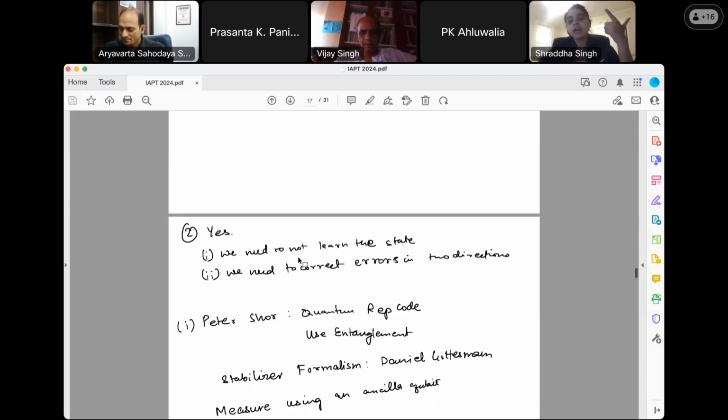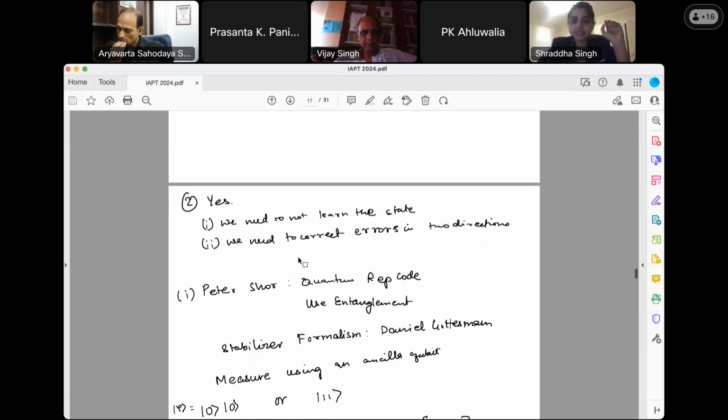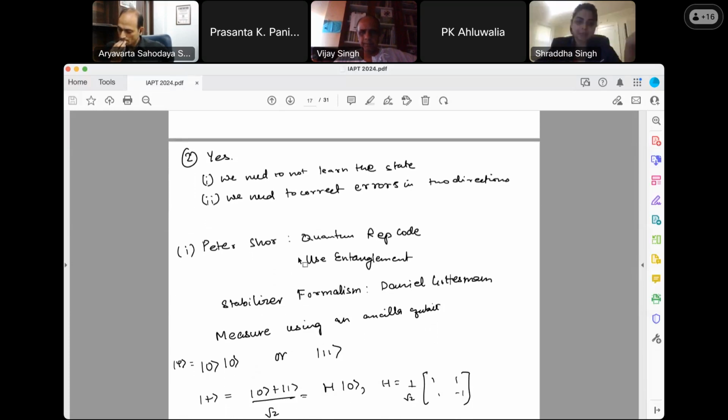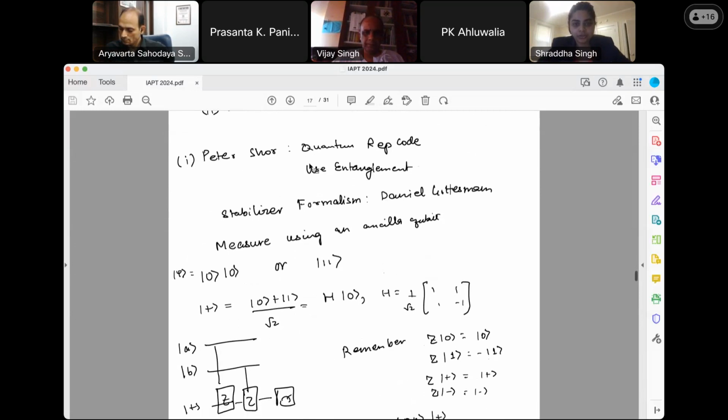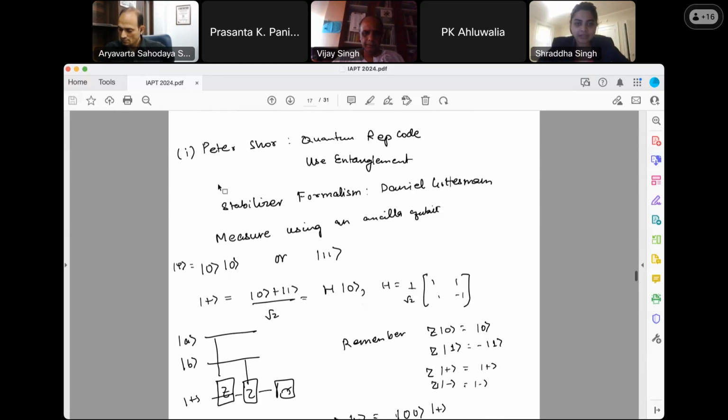And we need to do this without having learned the state of these qubits, because that would collapse the state and you will lose all quantum information. So that's not the point of error correction. The point is that you leave the qubit state as is while correcting errors. Okay, so Peter Shor basically came up with the quantum repetition code,